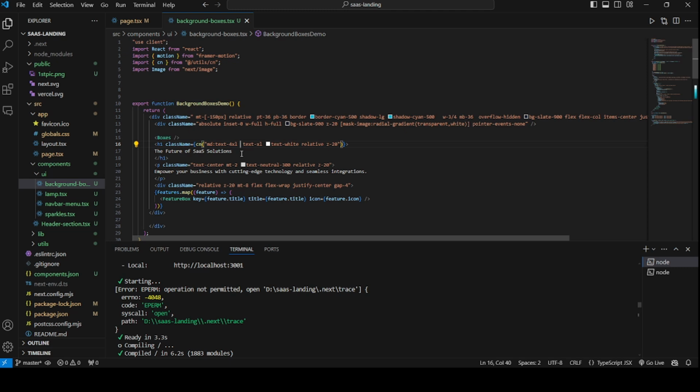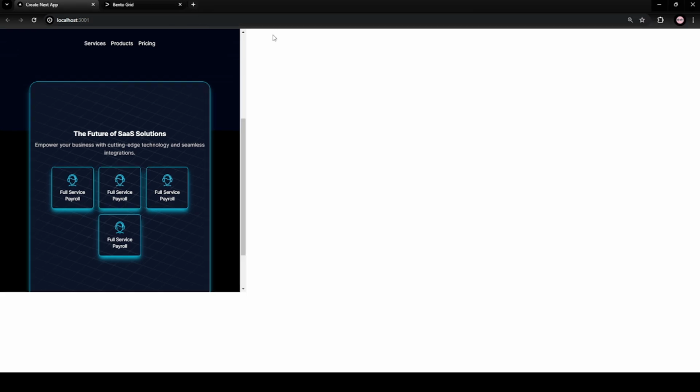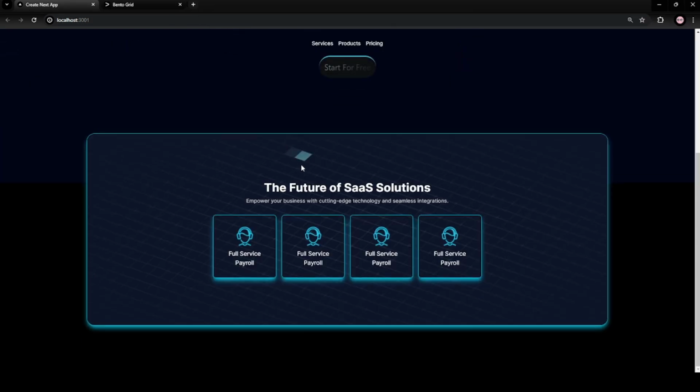Yes, everything is right. Okay, now let me change the font here. The heading is very small, so I would change it to font bold. Okay, now let me see how it's done. Okay, so if I bring it back to my next app, you can see, yes, the font is changed. Yeah, this looks good. This looks good right now.